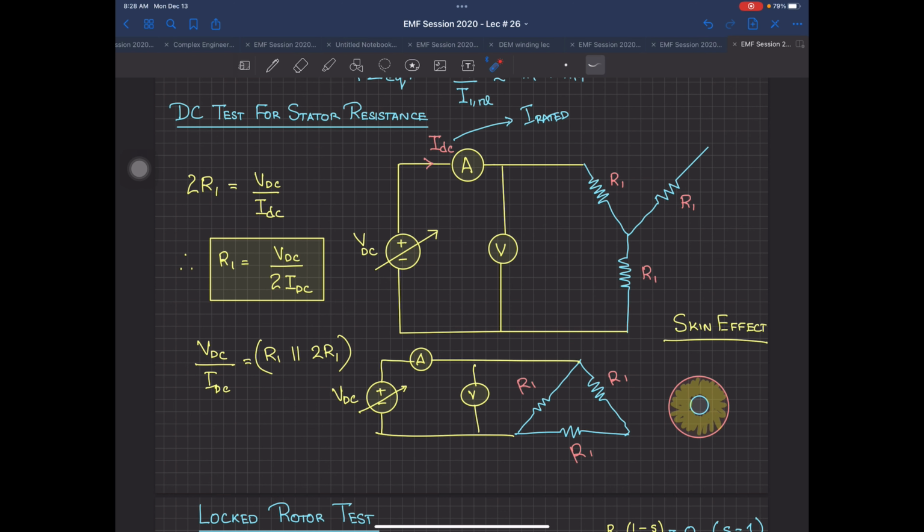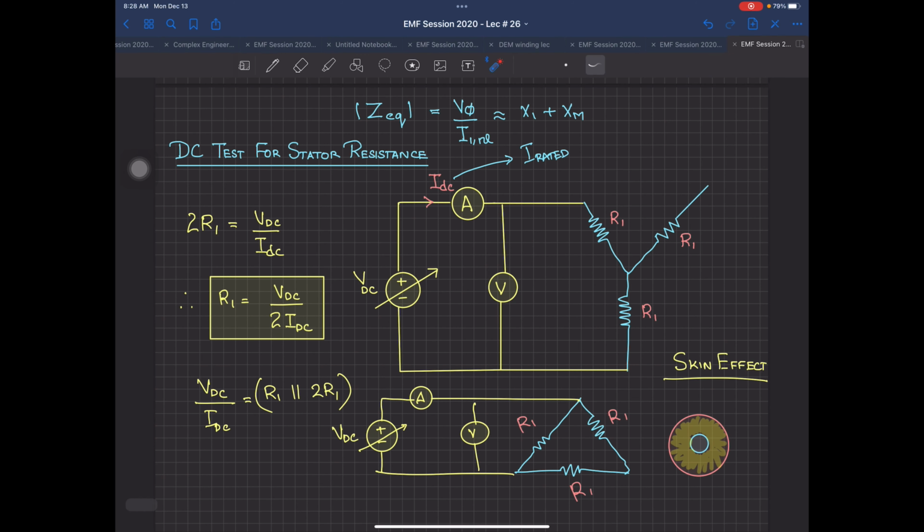In the lab you are just measuring it with a simple DMM. If you are even more interested, we have some sophisticated equipment at the high voltage lab in the main block. That equipment is used for testing cables, but if we can bring it to the machines lab, we can measure resistance to approximately 3 decimal digits of microohms or milliohms. It works on the same principle: DC current is passed through the resistance and then we measure that resistance. It can measure down to microohms or milliohms in all the wires available in your market. There is always testing done there in the high voltage lab main block.